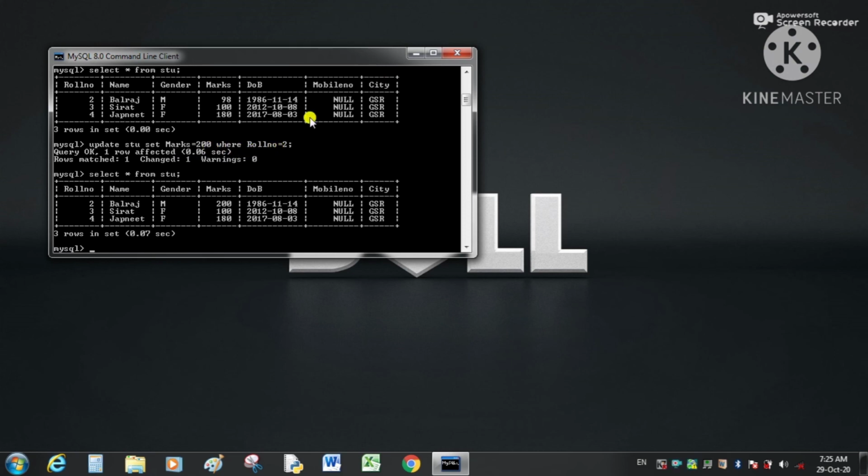We write a comma between the different column name value pairs. So marks and city columns will get new values for that particular record.